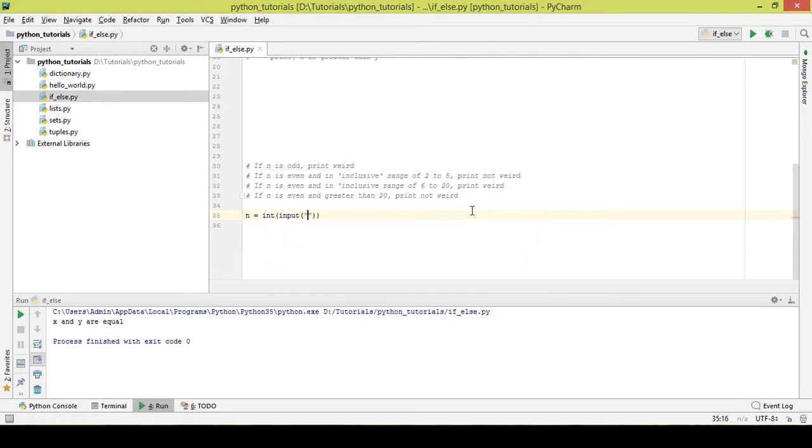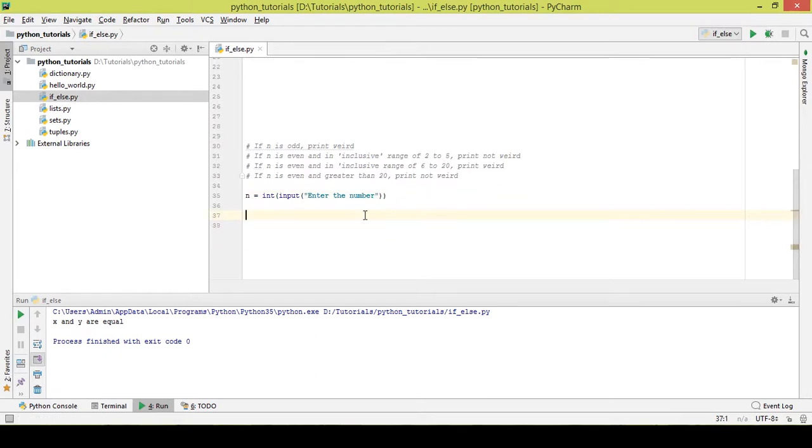Let me just type enter the number. So this will let me give a number as an input. So now I start the condition. If n percentage sign 2 not equal to 0, as I want,